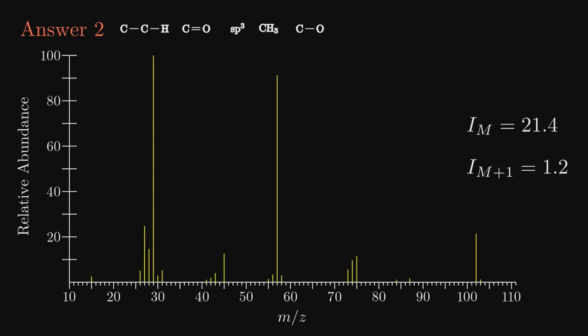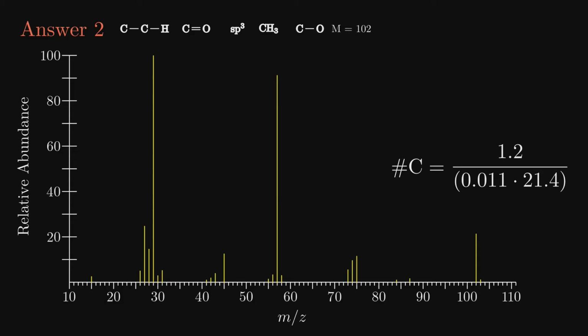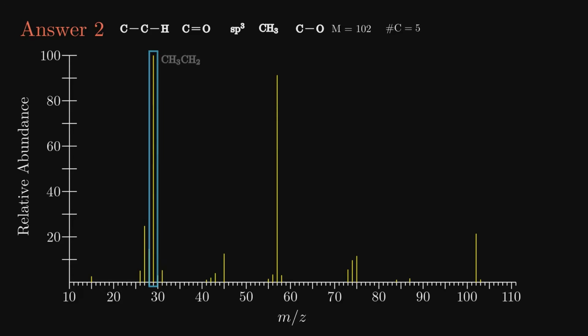And thank goodness there is a molecular ion peak at 102 as well as the M+1 peak at 103. Doing the fancy math with those intensities, we get the number of carbons as 5. We could mess around with the possible structures, but the base peak is 29, and a likely structure for that is C2H5. It is produced a lot, which could indicate there are multiple ways to break the molecule into this